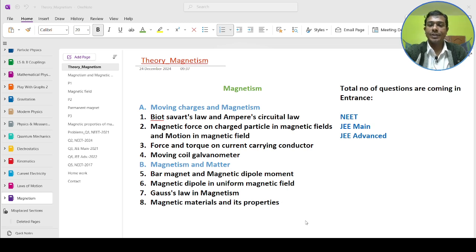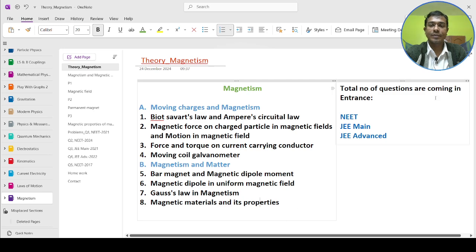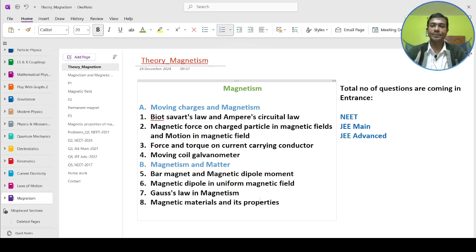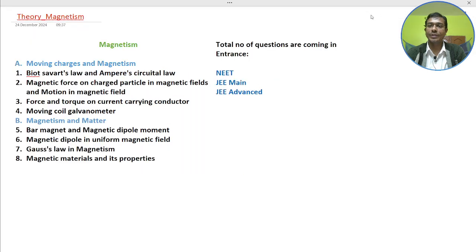In our previous lecture we had discussed the laws of motion from class 11, and in today's class we will discuss magnetism from class 12. So today we will cover moving charges and magnetism,